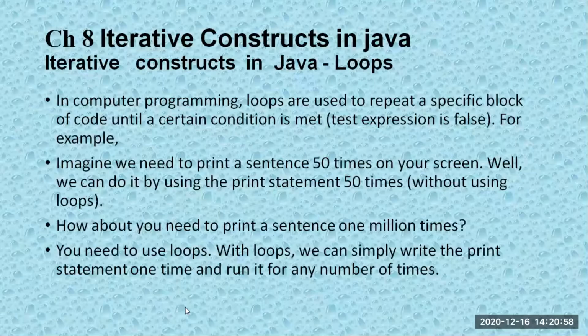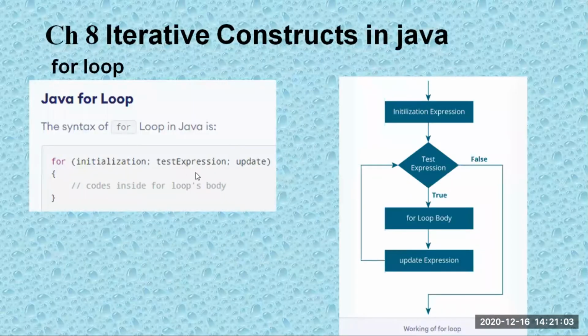Let's come back to the topic. So this is what we mean by loops. Now in that we have two types: entry control and exit control. Now what do we mean by entry control? The conditional checking is happening at the beginning. So let's say we have the for loop. So we would write for over here.